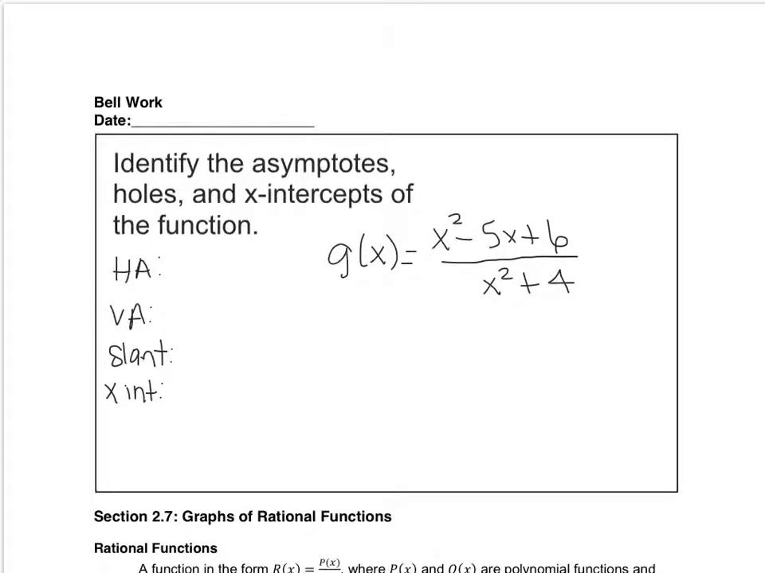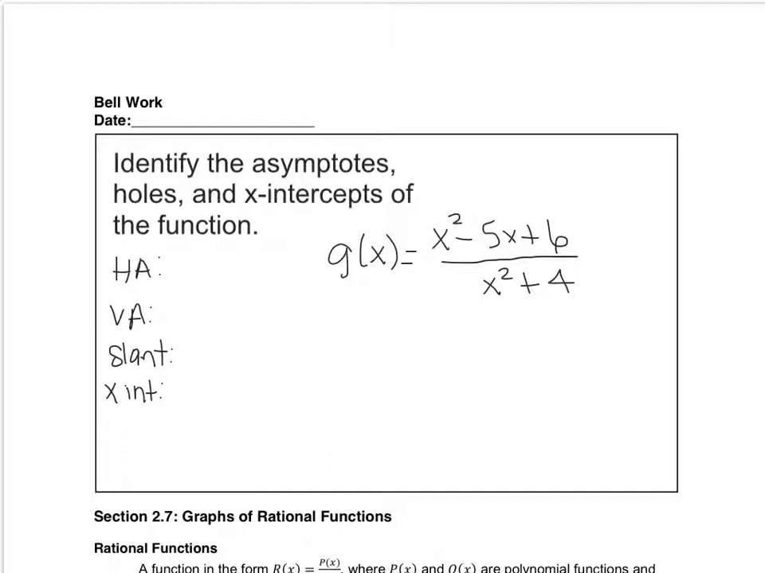Today we're going to be talking about graphing rational functions, and we're going to do a quick review for your bell work of identifying the asymptotes, the holes, and the x-intercepts of a function. So given that you have g of x equals x squared minus 5x plus 6 over x squared plus 4, go ahead and see, can you identify the horizontal asymptote, the vertical asymptote, the slant asymptote, and the x-intercepts, if